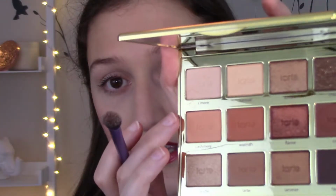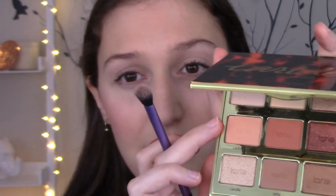Only tap off your brush though, because it really does help a lot. Because they are more powdery, but they're super pigmented too. I don't think it's ridiculously powdery or anything. Alright, so now that we have that all over the lid, just as a base for blending the rest of our shades, I'm now going to take Cashmere here, which is the light kind of peachy color,